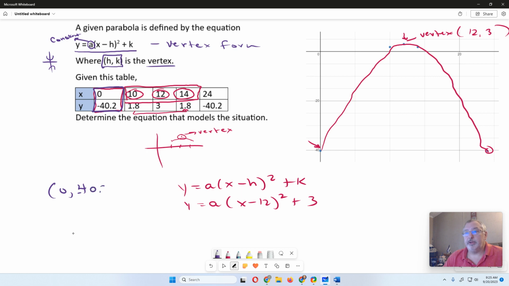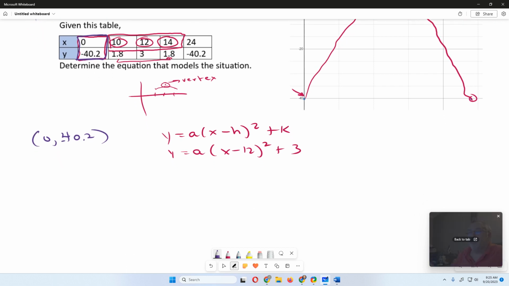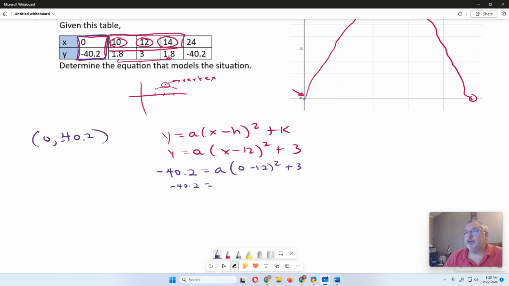And that's negative 40.2. So we're going to substitute that in and see what we get. Negative 40.2 equals a, which I don't know, times (0 minus 12) squared, plus 3. 0 minus 12 is negative 12. Negative 12 squared is 144, plus 3. And now we're just going to solve. We're going to subtract 3 here, so that gives us negative 43.2 equals